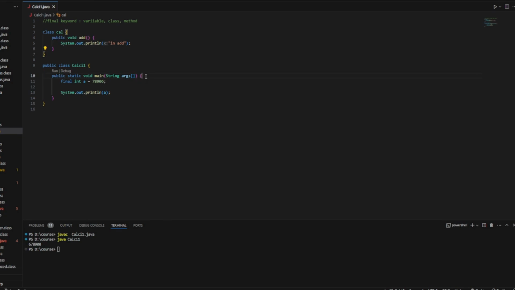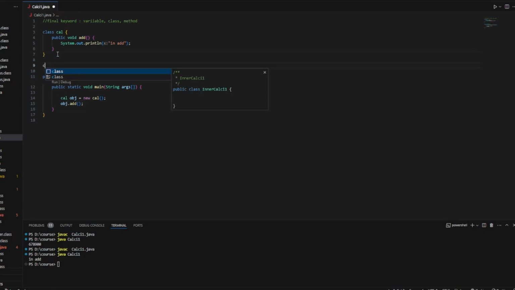So in order to run this, I'll be creating an object, right? And I'm calling the method. Now let's see what the output will be. S in add. Okay.